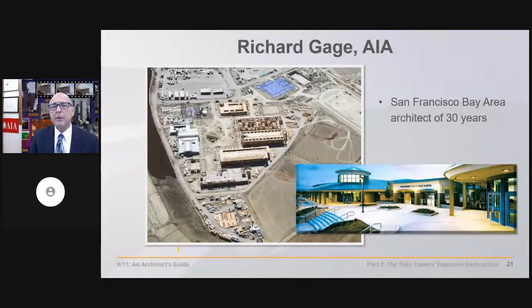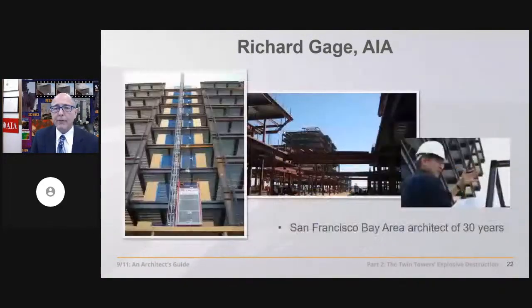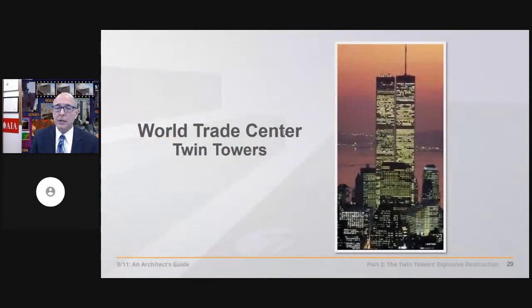More recently, before launching full-time onto this important outreach effort, I had similar responsibilities working on this $400 million mixed-use project near Las Vegas with 6 blocks of retail, mid-rise office space, and parking structure, altogether about 1,200 tons of fireproofed steel framing. I now work full-time educating architects, engineers, and others to understand what really happened at the World Trade Center using the material in these courses.